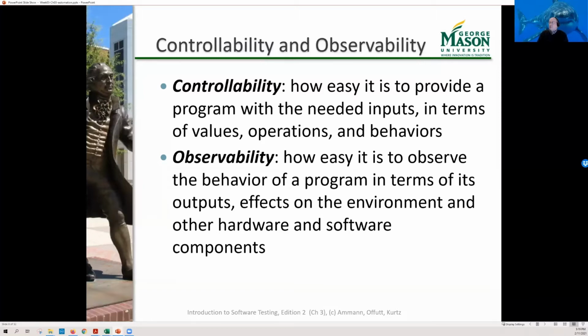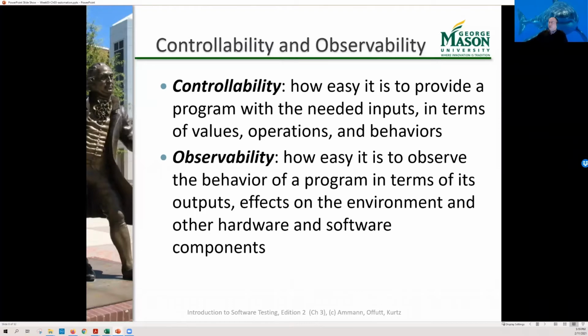But you might have something different. I come from a real-time embedded systems background. So imagine some kind of system that's a filter, right? It's taking in data, and then it's considering the last 10 or the last 100 data points that it saw in order to construct what its output is. So now controllability is a little harder. I can't just call it once. I have to call it 100 times with a carefully controlled set of inputs in order to verify that